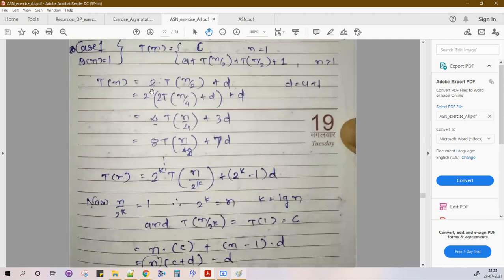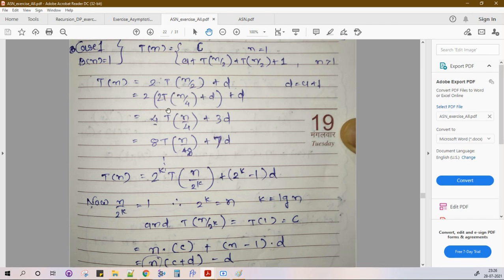So how to solve this? T(n) is defined like this: 2T(n/2) plus d. If it is n, just divide by 2, whatever the value you have. So I can write T(n/2) as 2T, just divide by 2, so n/2 divided again by 2 would be n/4, plus d. Now if I multiply with this 2, 2 multiplied by 2 would be 4 or 2 square, right? Just write 2 square here. 2 into d, 2d plus d is 3d.